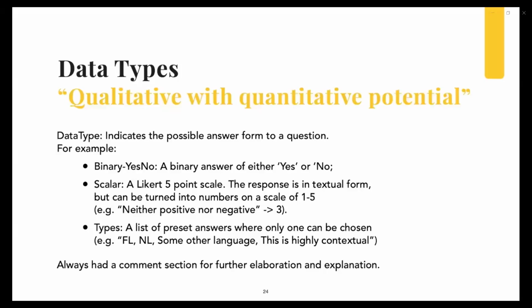So data types. We describe the questionnaire as being qualitative with quantitative potential. And what we mean by this is that the responses to the questionnaire are actually predetermined. Some questions you can elaborate in a comment form, but in order to make the data comparable and manageable, we require respondents to choose an answer which is predetermined. So some answers are binary yes or no's. For example, is there social contact in this domain? Yes or no. Many of our questions are scalar responses, so a 5-point scale, a Likert scale.